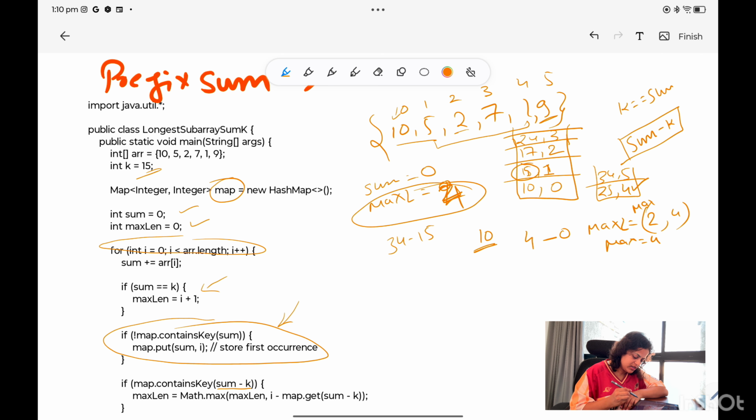And the third condition is if map.contains(sum minus k), if sum is greater than k, in that case sum minus k exists, then in that case we will update the max length. Why are we doing that? See,